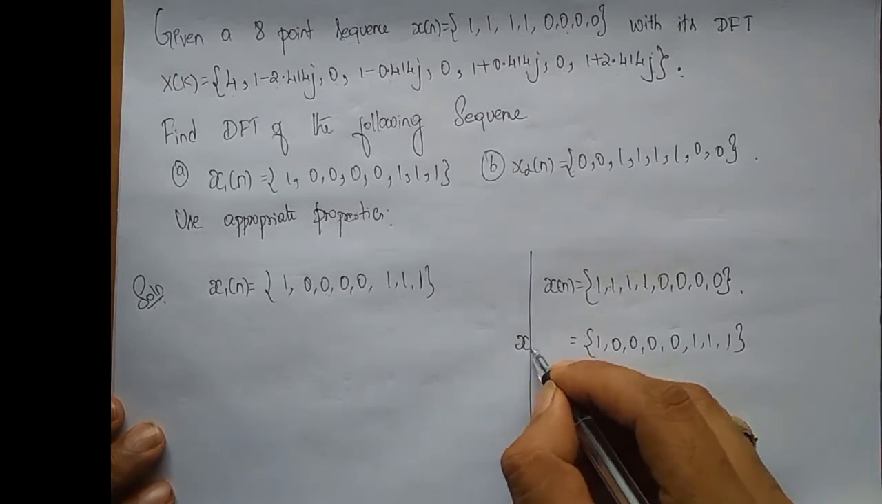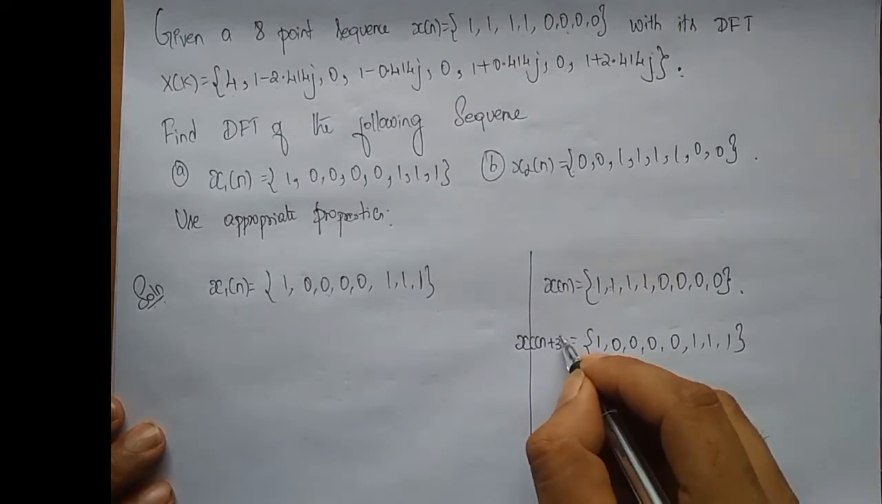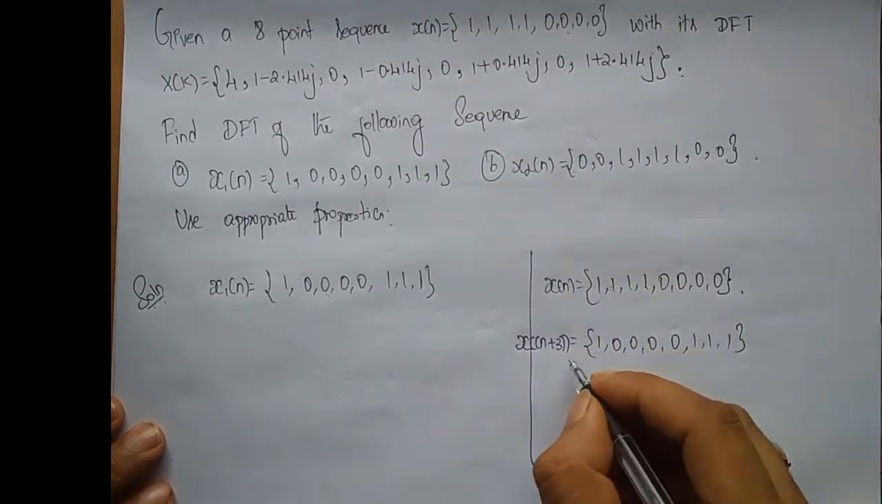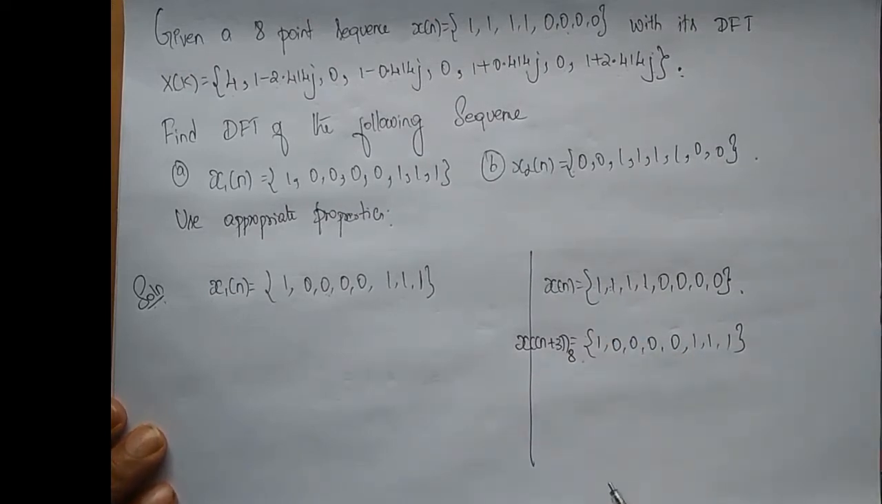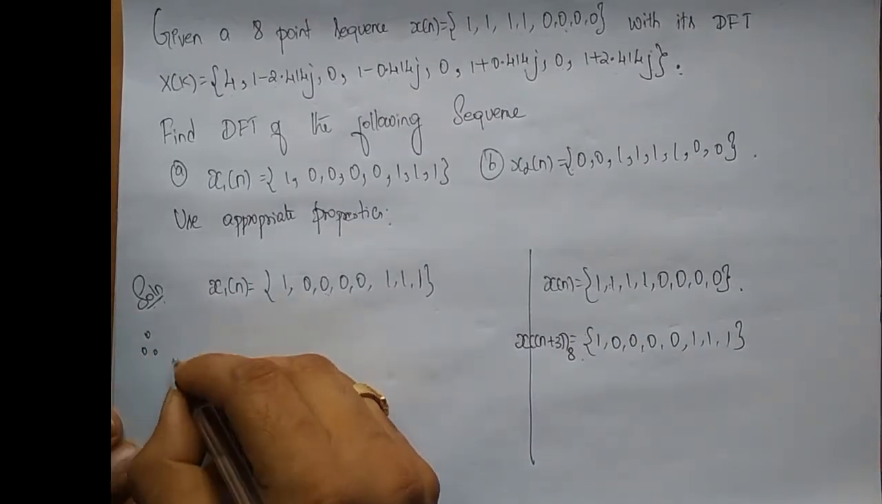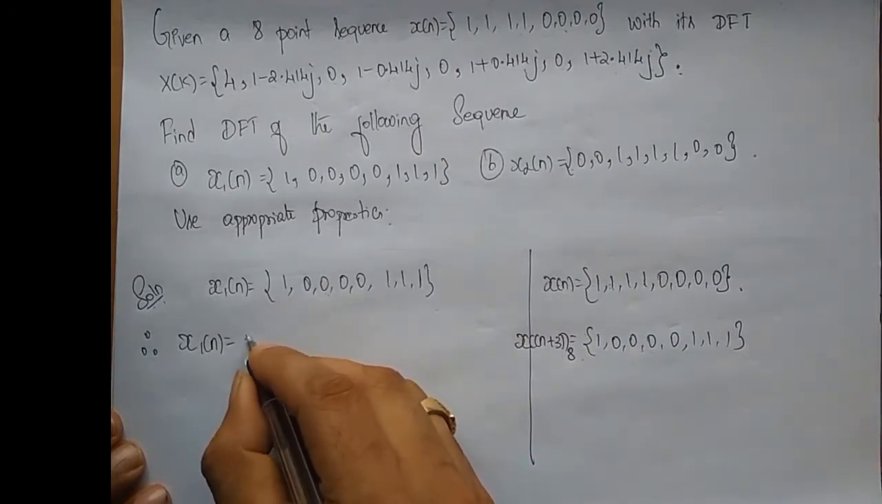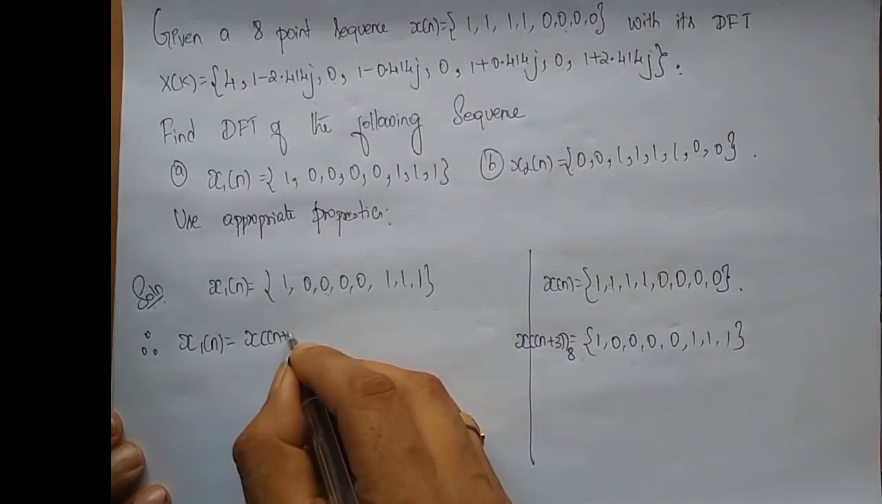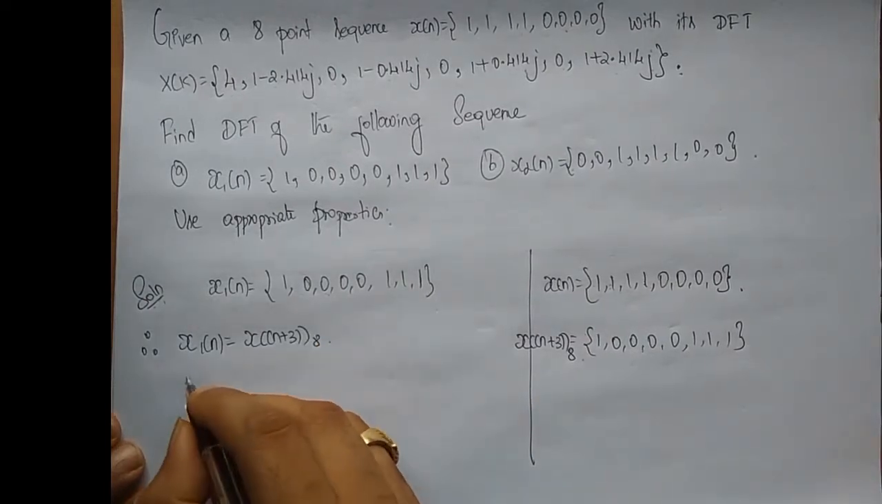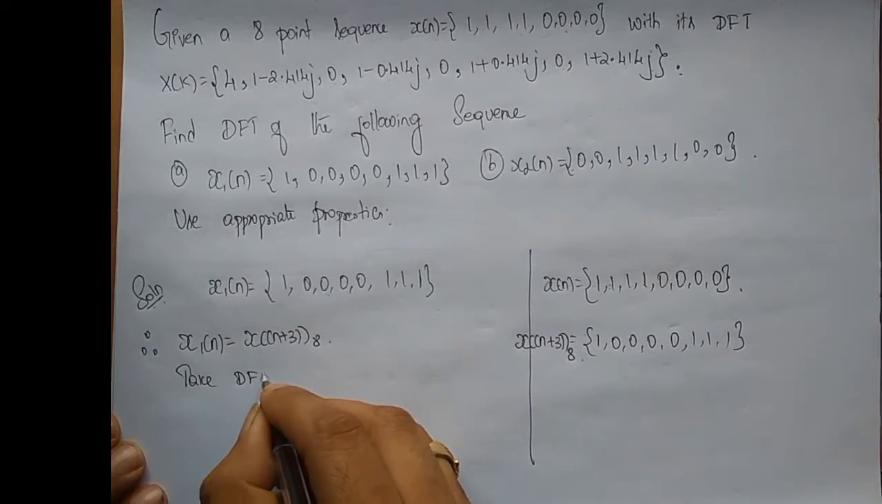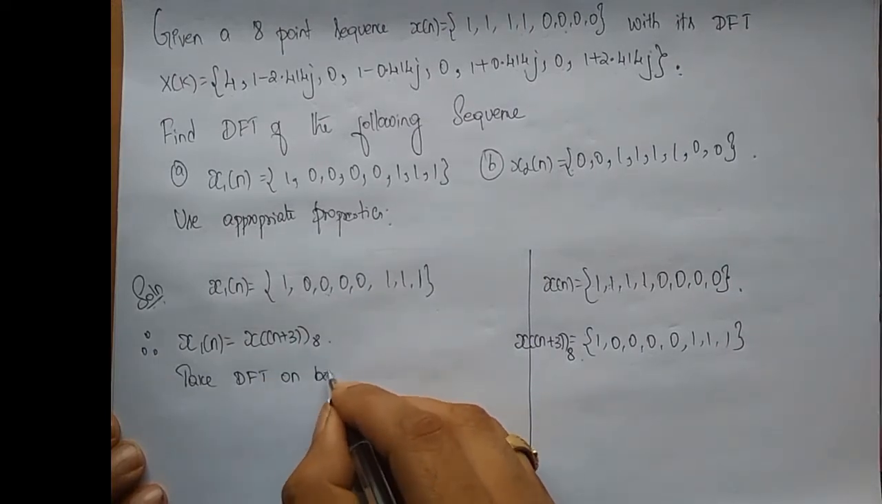So how do I represent it? x of n plus 3 mod 8, because the length of the sequence is 8. Therefore x1 of n is equal to x of n plus 3 mod 8. Now if I take DFT on both sides,